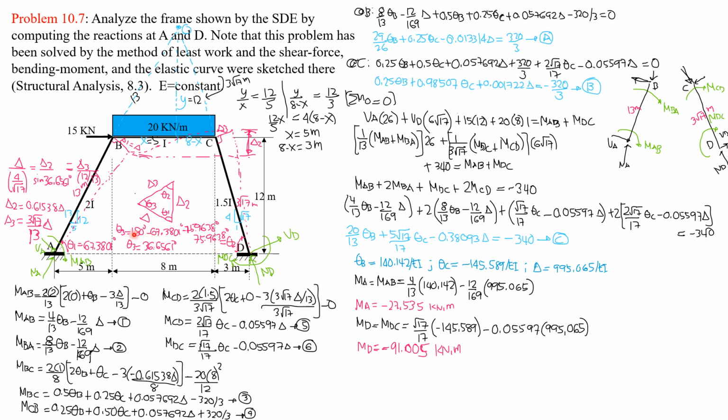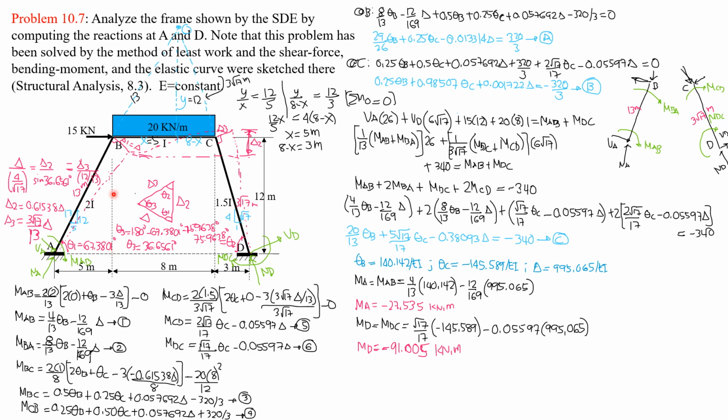Therefore, theta 3 is 180 degrees minus theta 1 minus theta 2. And it is 36.6561 degrees. So that's why by sine law, delta as to sine theta 2 and sine theta 2 is 4 over square root of 17 equals delta 2 as to sine of theta 3, which is 36.6561 degrees, equals delta 3, this one, as to sine of theta 1. And sine of theta 1 is 12 over 13 or sine of 67.3801.